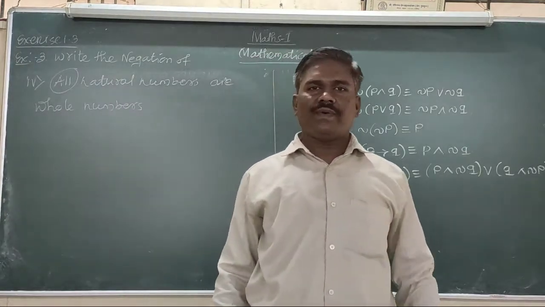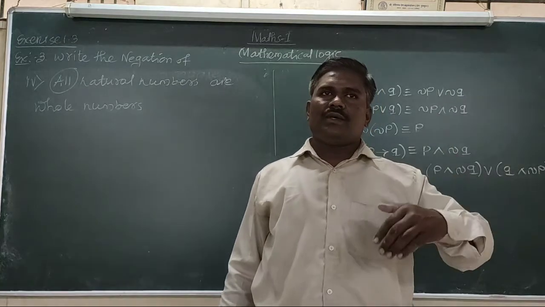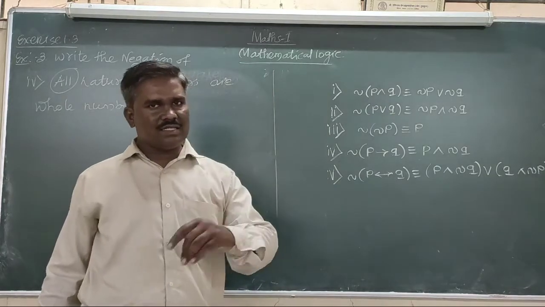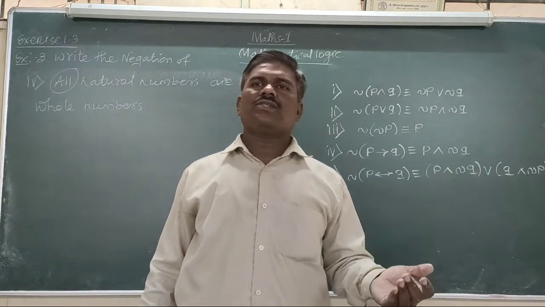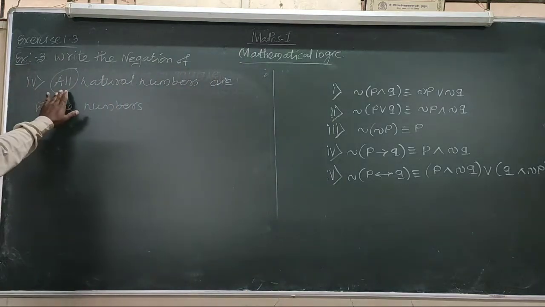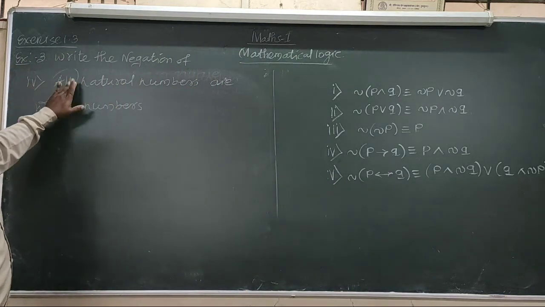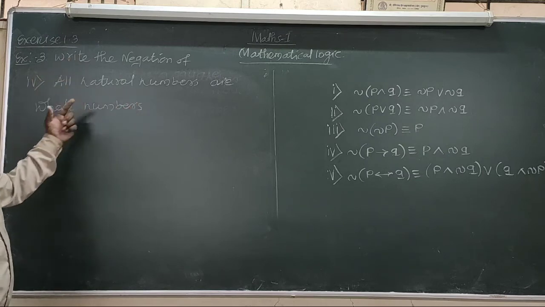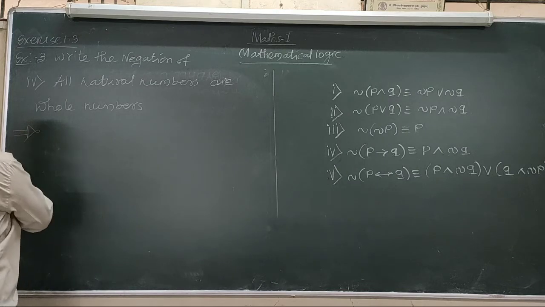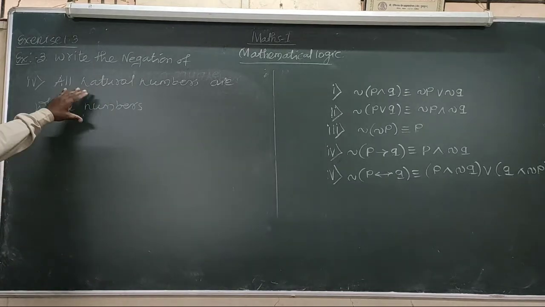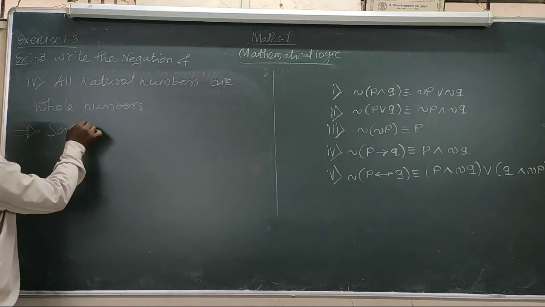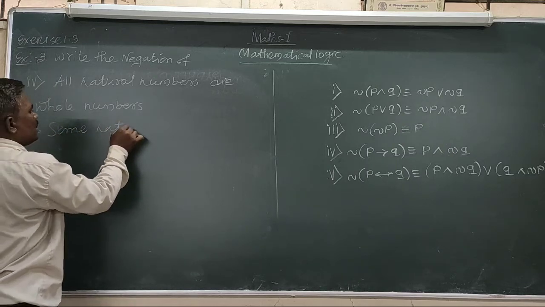All, that is the universal quantifier. The negation of the universal quantifier is the existential quantifier, and the negation of the existential is the universal quantifier. Therefore, all represents the universal quantifier. All natural numbers are whole numbers. Write its negation. The negation of this statement: the all converts into some. Some natural numbers